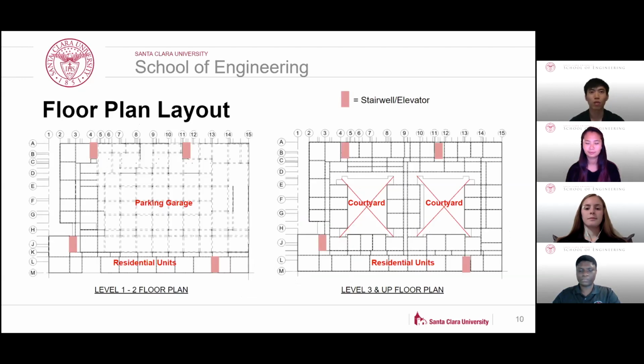Therefore, the layouts of the floor plans were designed for ease of construction and to meet the intended design parameters established by the client, Santa Clara University. The floor plan layout of the ground floor and level 2 were the same, and the floor plan layout for level 3 and above have a relatively similar layout to one another. A stairwell and an elevator are located near the 4 corners of the building to provide various options in the